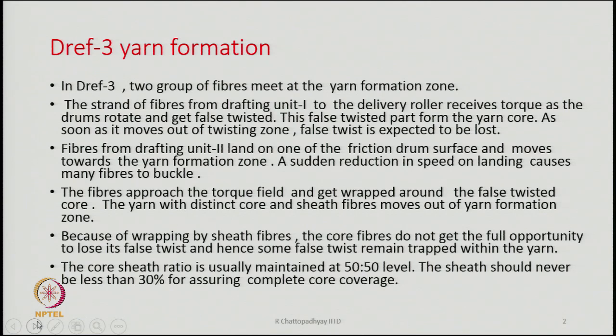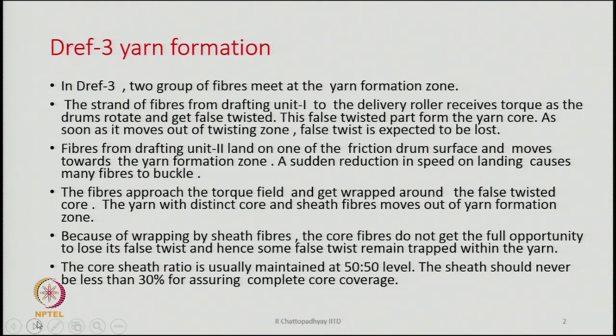The friction drums, a pair of drums, are actually the twisting element of the spinning machine. So, the strand of fiber from the drafting unit 1 flows and reaches the nip of the